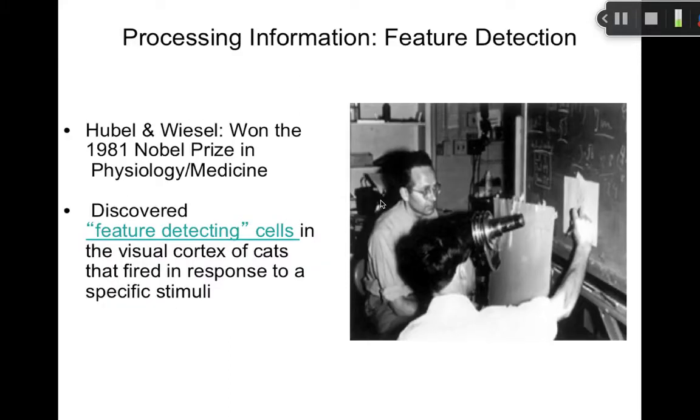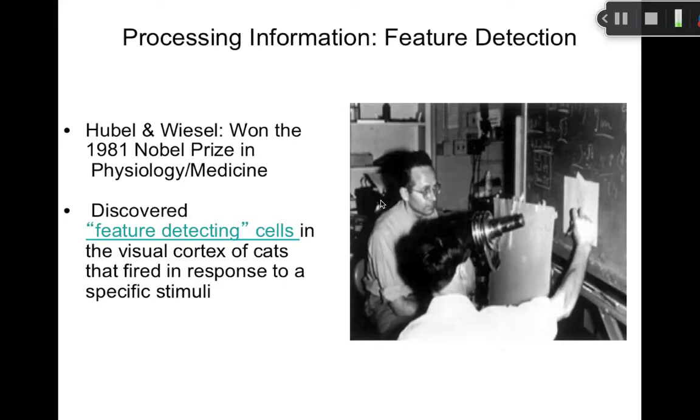All right, so let's look at processing of sensory information. So feature detection. In 1981, Hubel and Wiesel won the 1981 Nobel Prize in Physiology and Medicine for their research on feature detecting cells. And if you want, you can pause this video and go to the supplementary websites and watch the very short video that captures Hubel and Wiesel's research on cats. If you don't like cats, or if you like cats, you're not going to like the video, because what Hubel and Wiesel did was